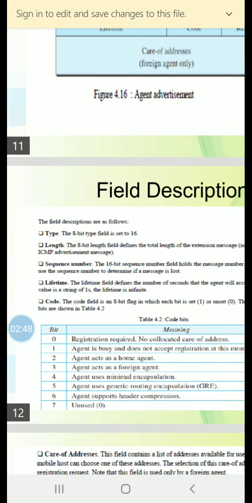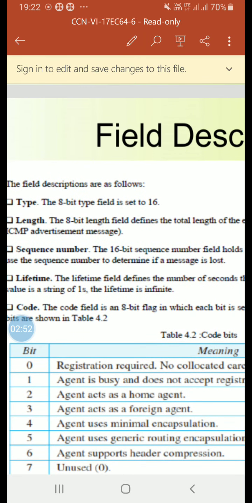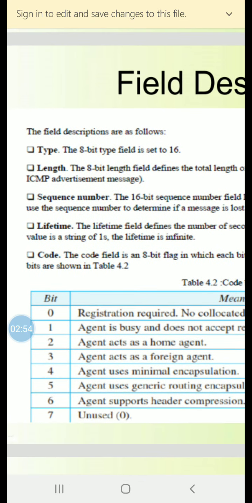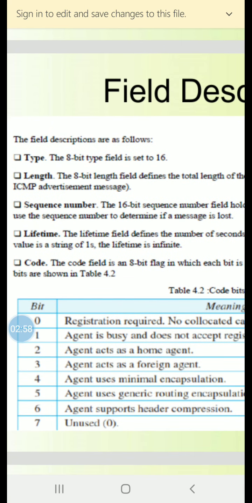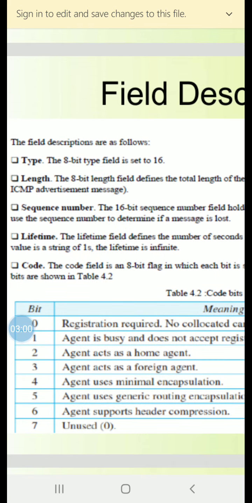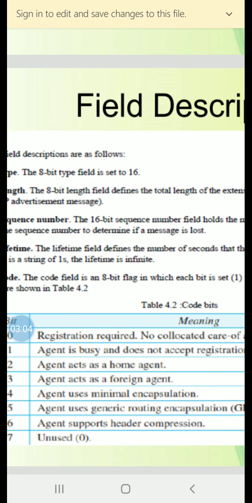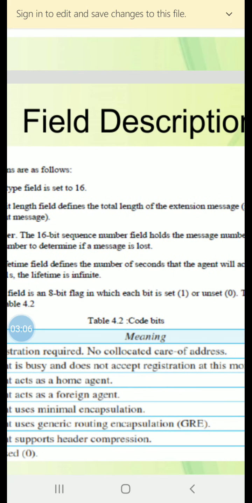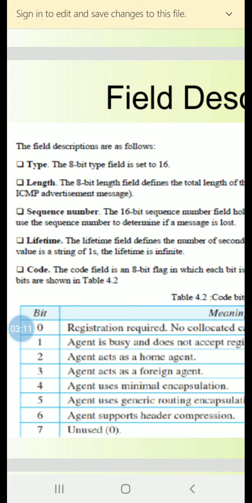The type field, which is 8 bits, is set to 16. Length: the 8-bit length field defines the total length of the extension message, not the length of the ICMP advertisement message.